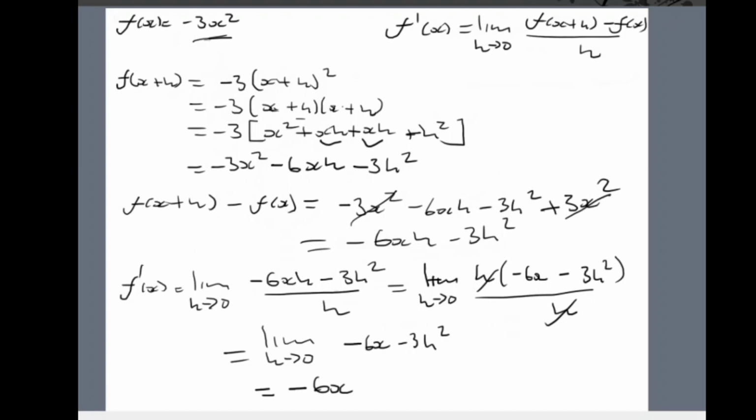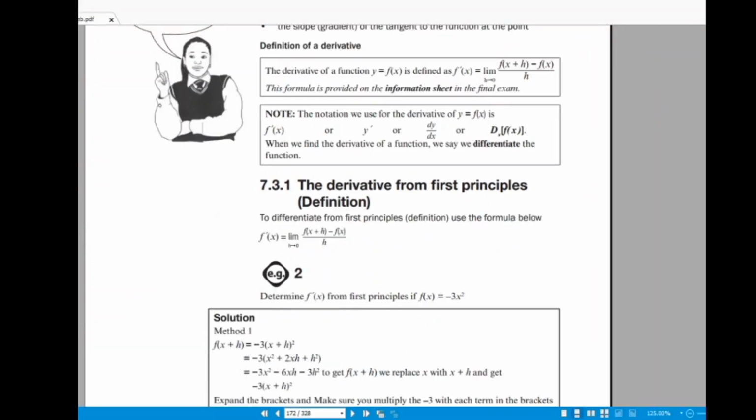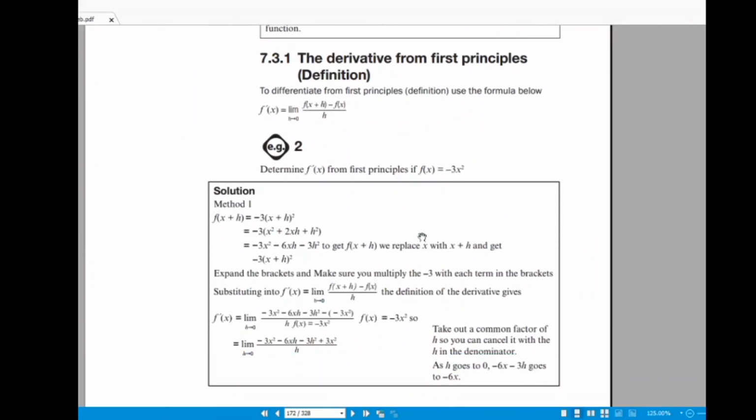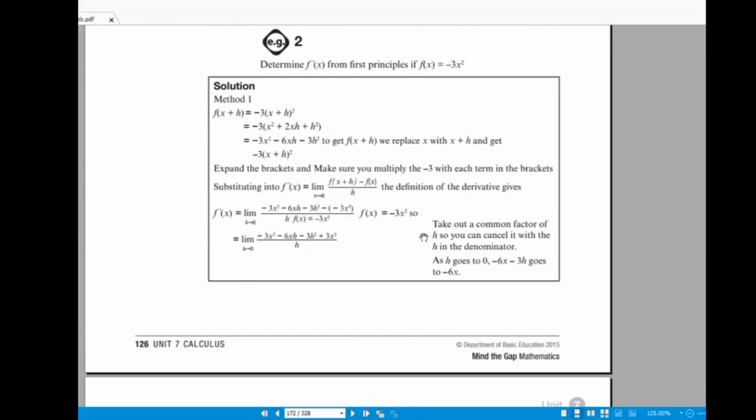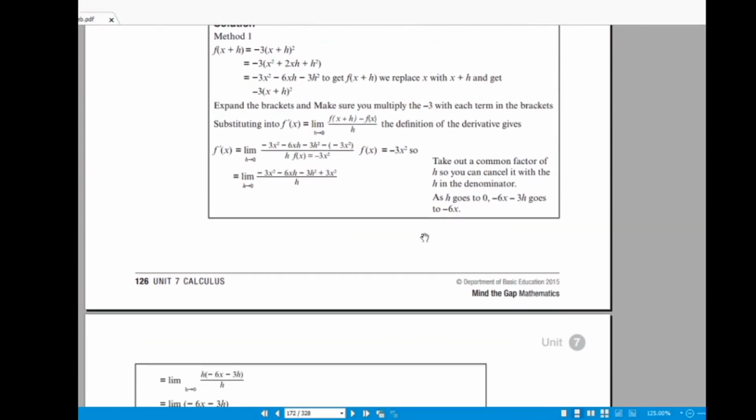Okay, so differentiating from first principles, it's easy marks. Usually it goes for 5 marks or 4, right? So this is an easy way of getting marks. Okay, so yeah,